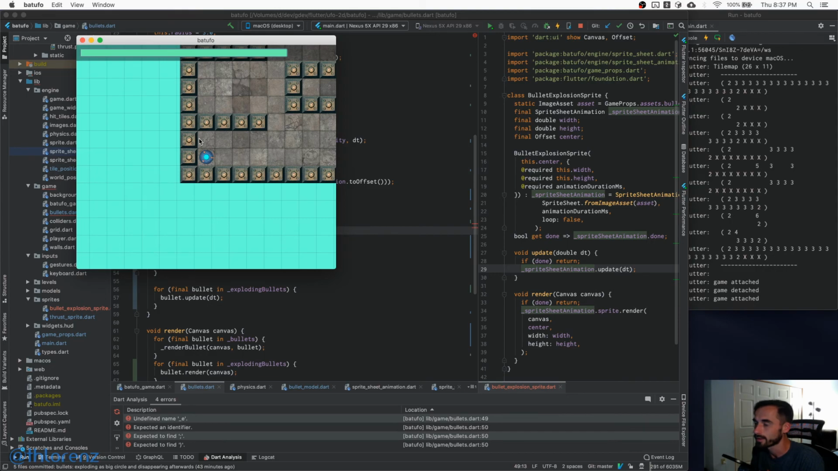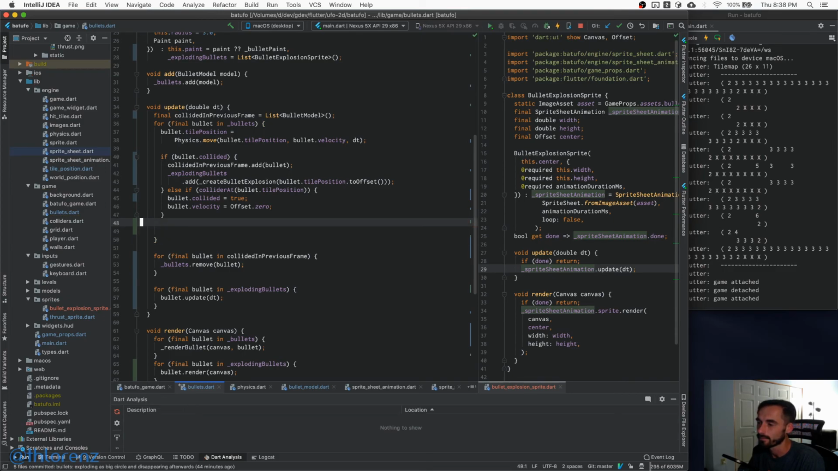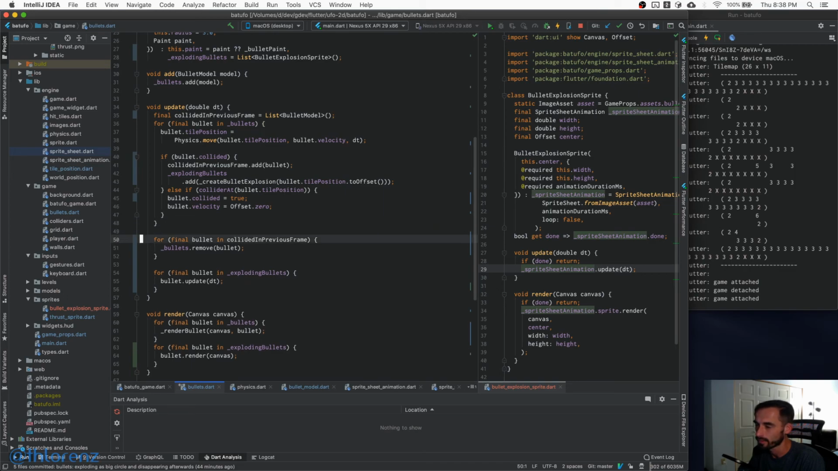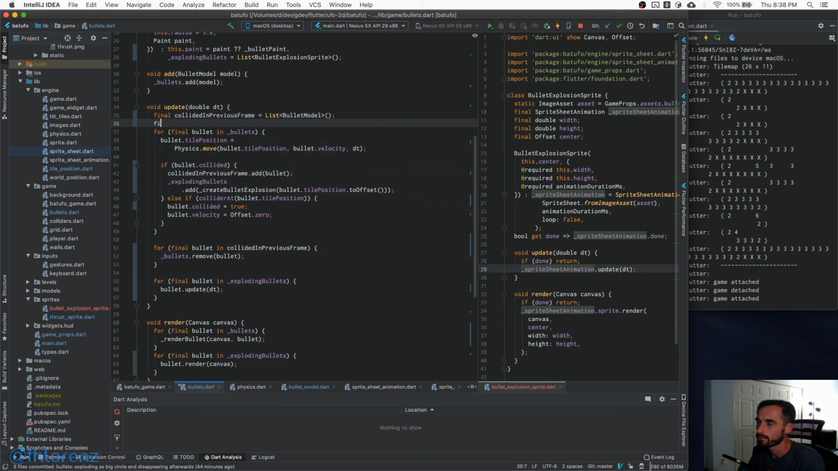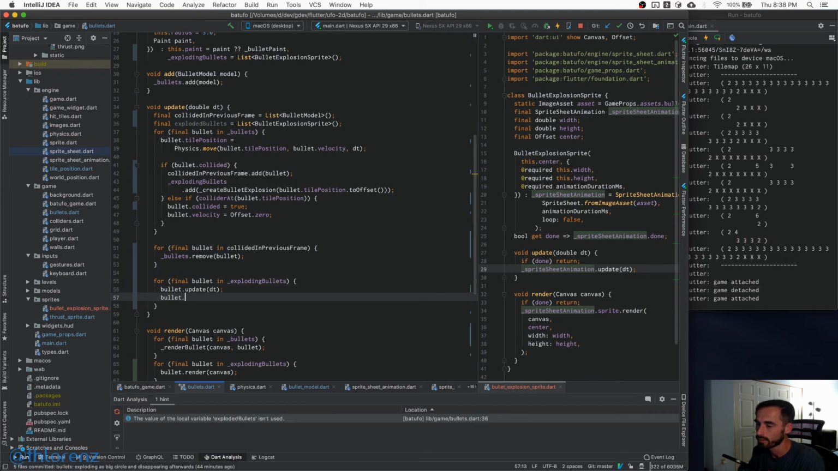So we see our sprite animation, and actually what we're doing now is creating this huge list of stuff. So what we actually need to do is, outside of this loop, we need to go through the exploded bullets, and that's actually a list of sprites, the bullet explosion sprite. Basically, we go through this one and say if bullet.done,